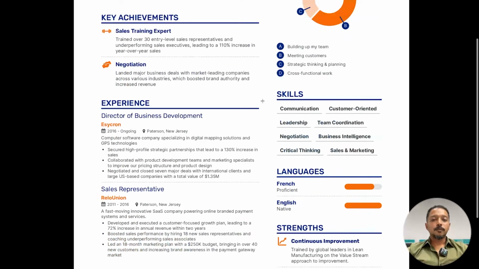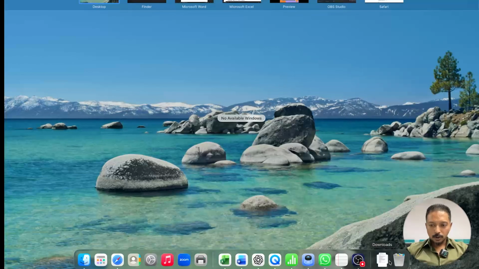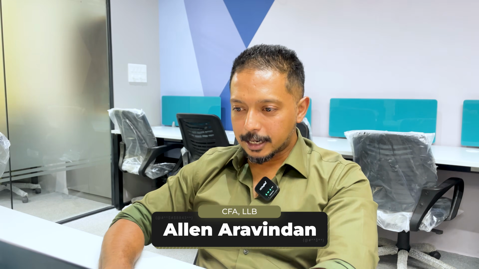But what we need to understand is, if we were to put it in an ATS system, what are the details it will capture? So I've taken one resume of one of our students. I'm not going to show you the exact details of that student for privacy reasons, but what I'll show you is if I were to copy this entire thing,